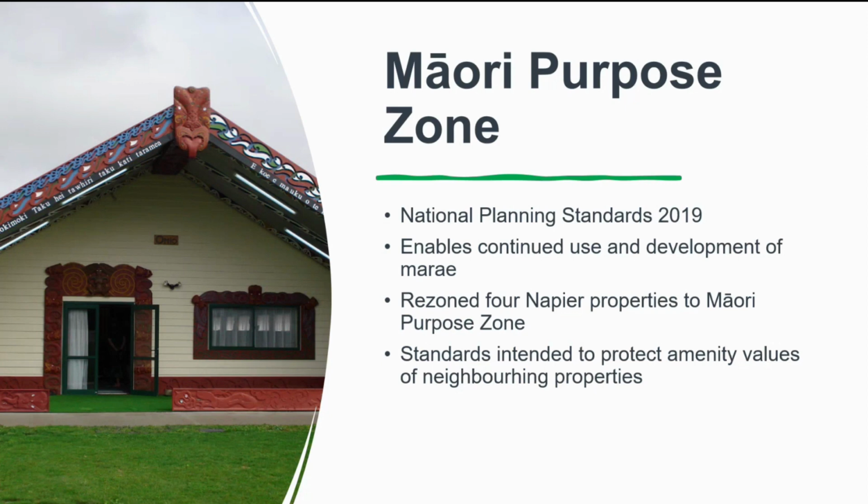The fourth property rezoned Māori purpose zone is called the West Shore Canoe Reserve. This property, located adjacent to Pandora Pond, was the only landing place allocated in Napier for Waka after the 1851 Ahuriri block purchase and vested as a place for cultural activities and traditional use. The standards applying to permitted activities are intended to protect the amenity values of neighbouring properties and to mitigate the